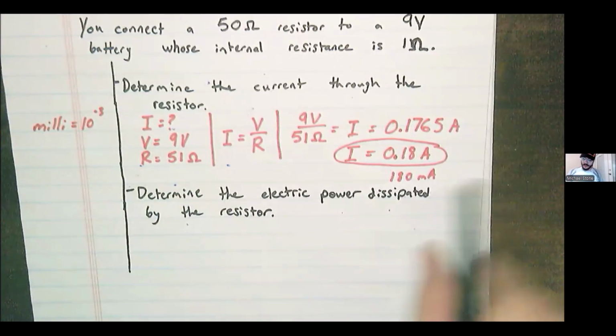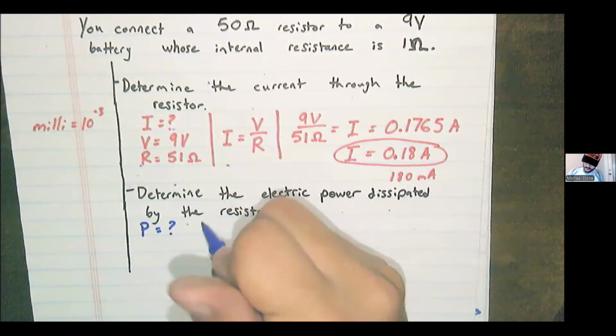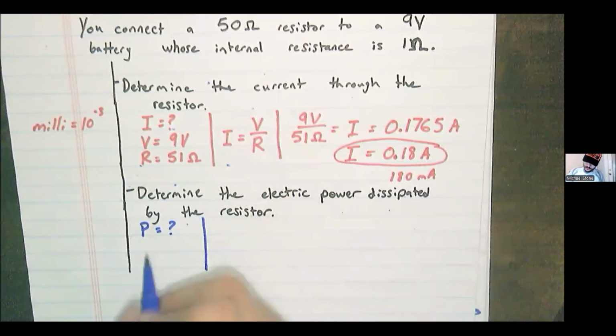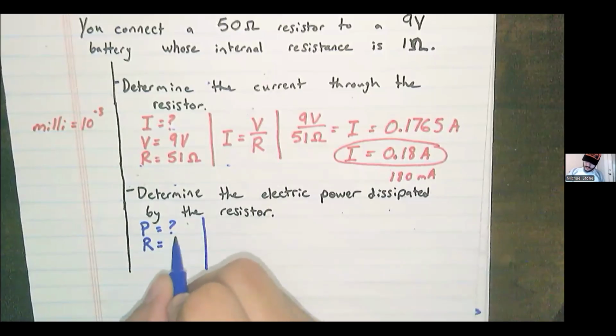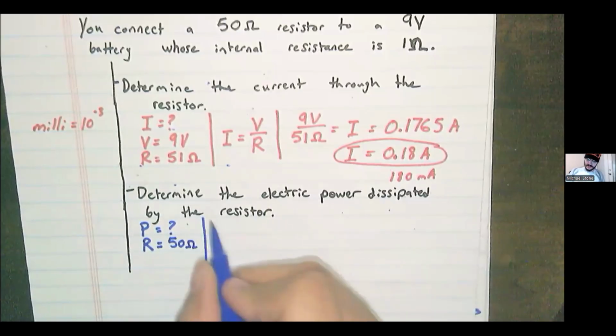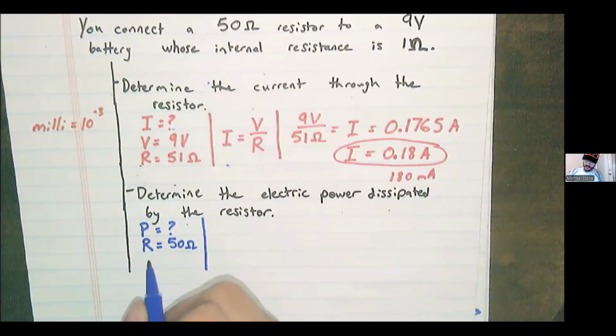Determine the electric power dissipated by the resistor. So power is our unknown. The resistor is 50 ohms. Now notice this says the resistor, not the whole circuit, so we just go to the 50 ohms of the resistor, and we know the current through that resistor,